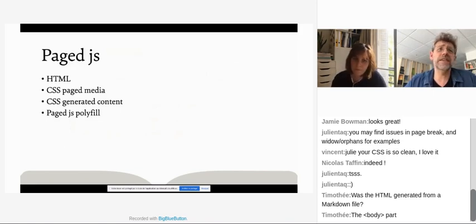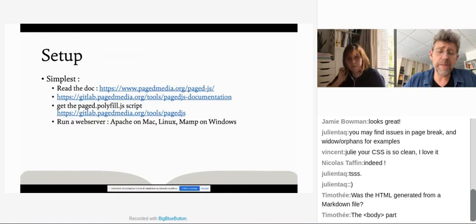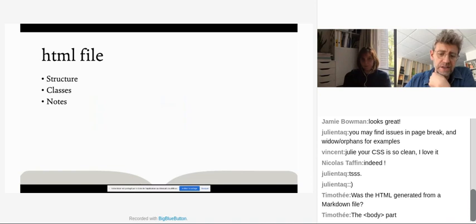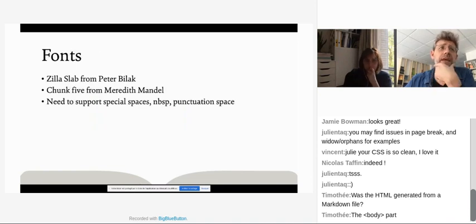Paged.js is a polyfill, as Julie said, to enable you to use what CSS planned, but which was not really finished and polished in the web browsers. So the setup is just installing a JavaScript file. And also you need to gather a few things like the fonts you want to use. In my collection, I picked 3 software fonts. It's Zilla Slab from Peter Blanc, which is a great type designer, and also Chunk5 for the titles from